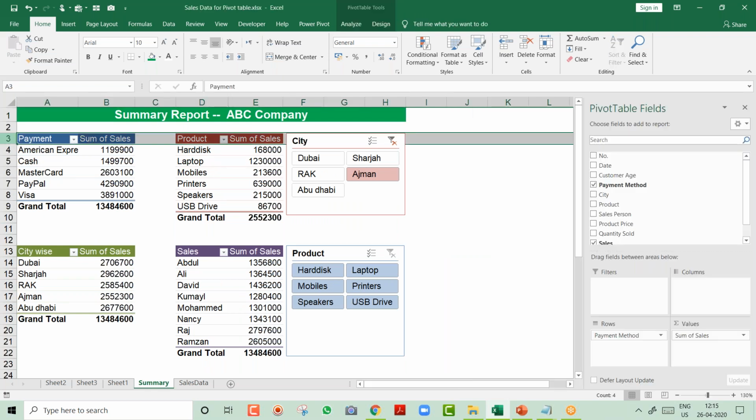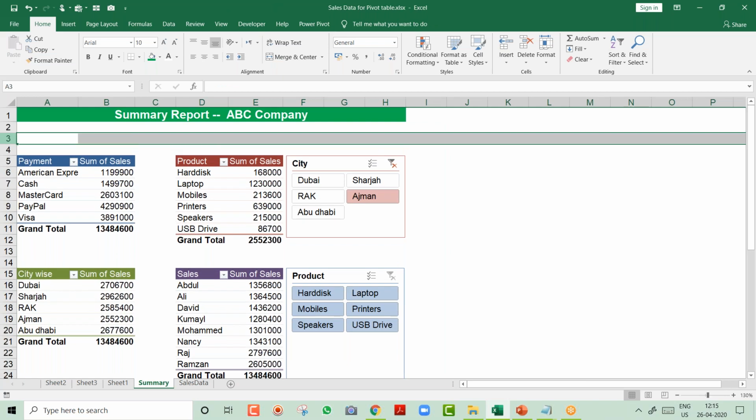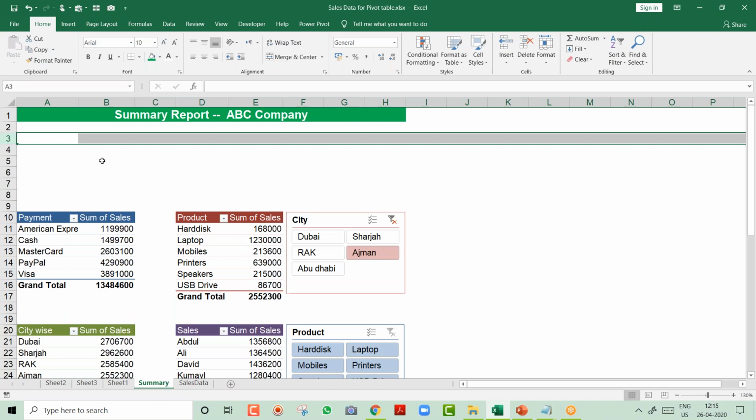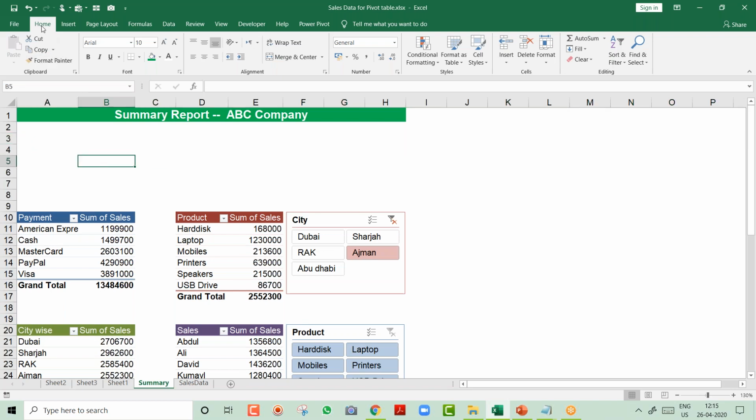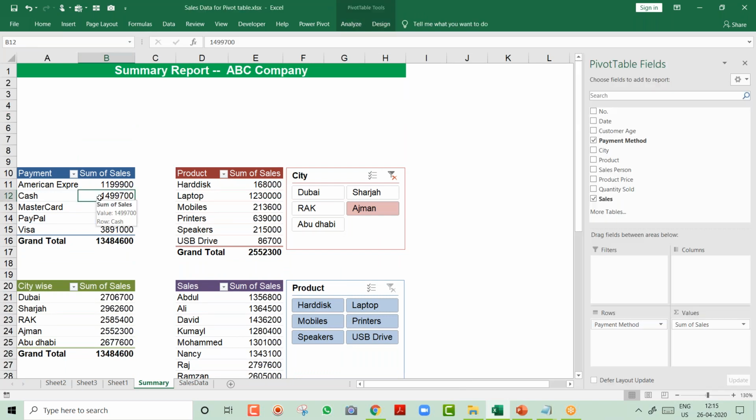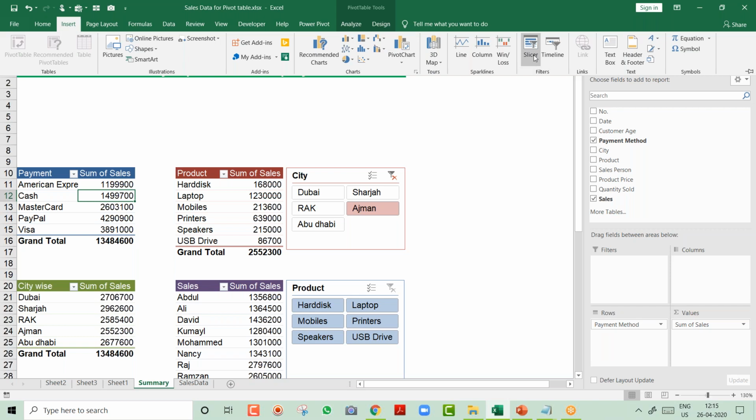I can press Control Shift plus 1, 2, 3, 4, 5, 6, 7. You will ask why I am inserting 7 rows. I have to insert a timeline over here, dear. So I will put my cursor on the first one, on the first report. Pay attention. I go to Insert and I say I want to insert a slicer, sorry, not a slicer but a timeline.